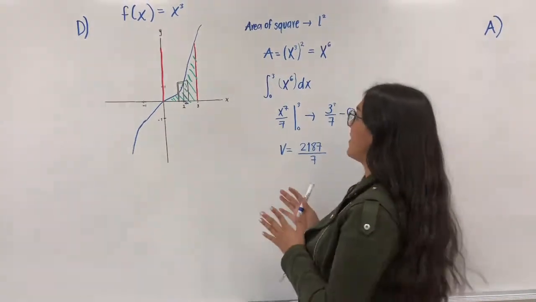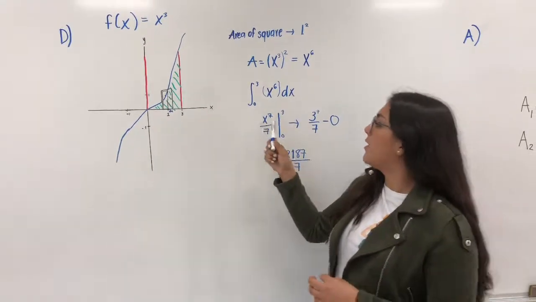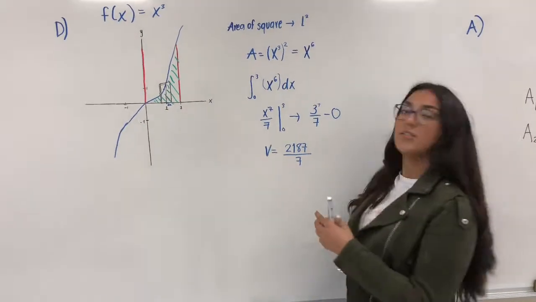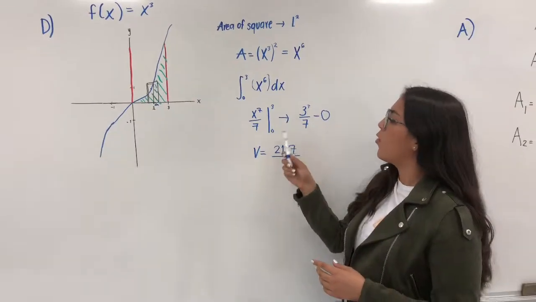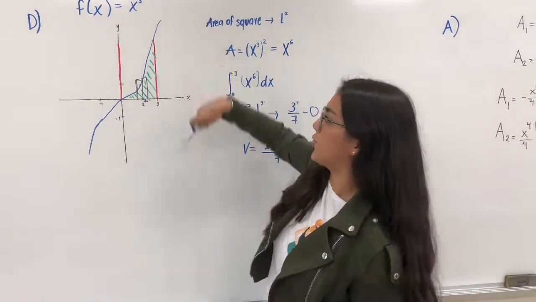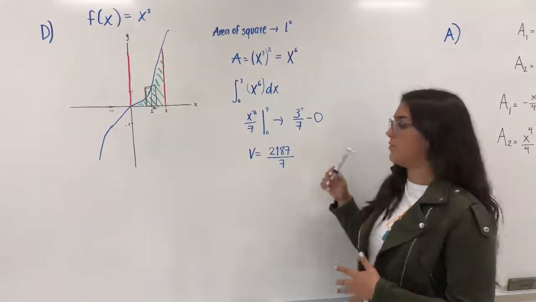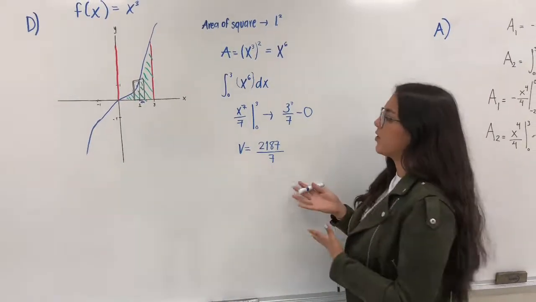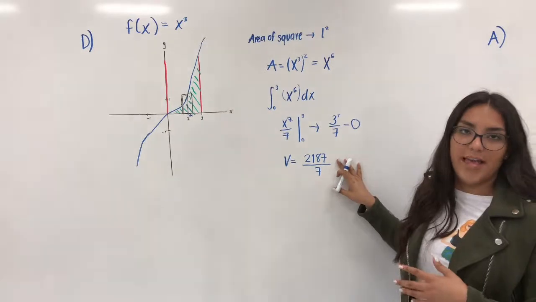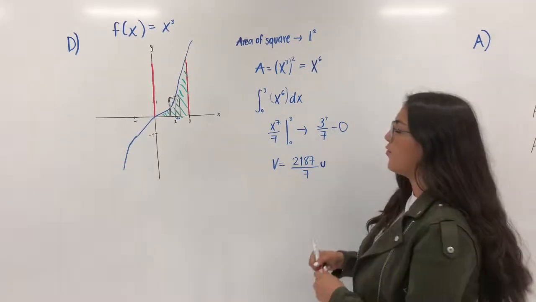Then we solve the integral with this result. This integral gives us x to the 7 over 7. Then we have to evaluate this with the limits 0 and 3. So we have 3 to the 7 over 7 minus 0. So our final result for the volume of this cross-section is this fraction in units. So that is how this problem